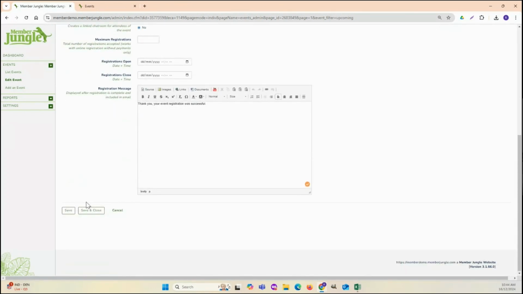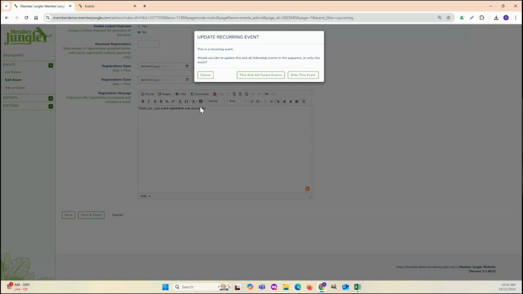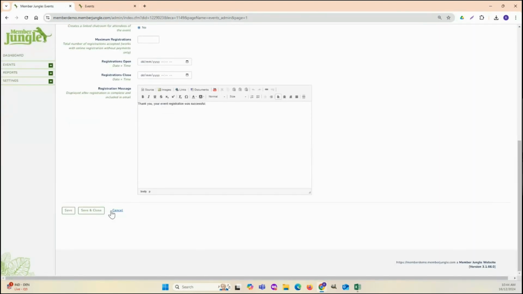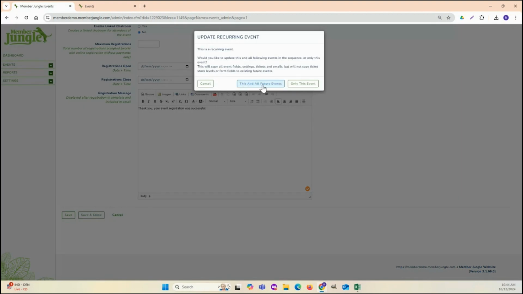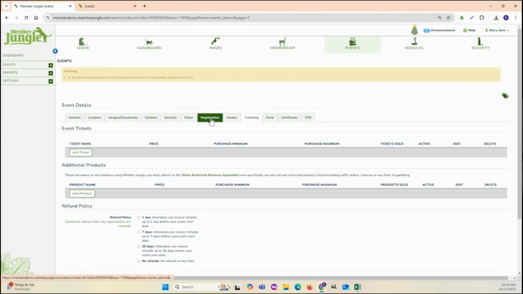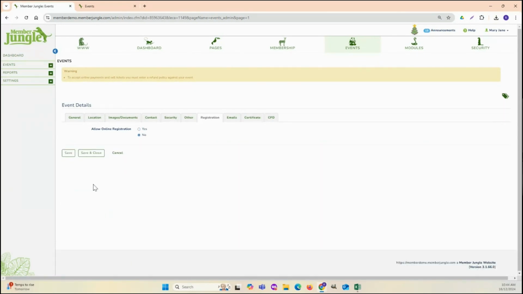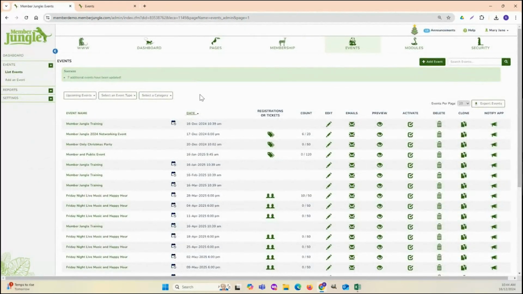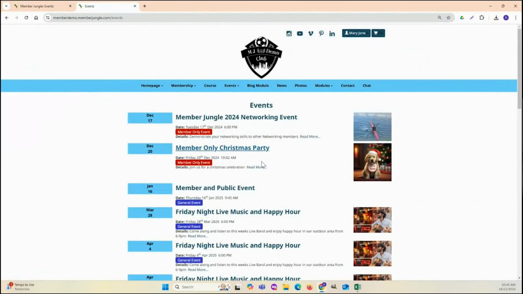So I'll save that and we'll go and have a look at the live side of things. Oh, again. Oh, need to save my tickets. I'm just going to turn tickets off for a moment. Okay, so if we have a look at our live events here,